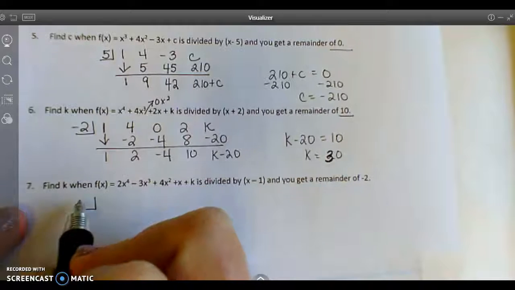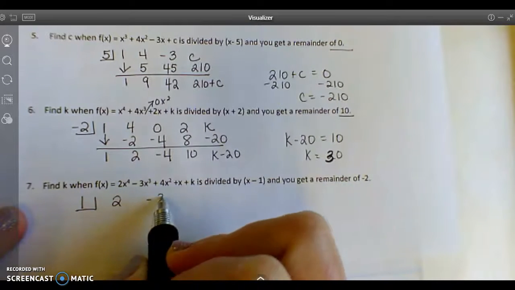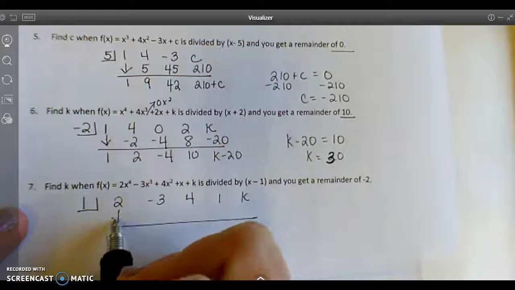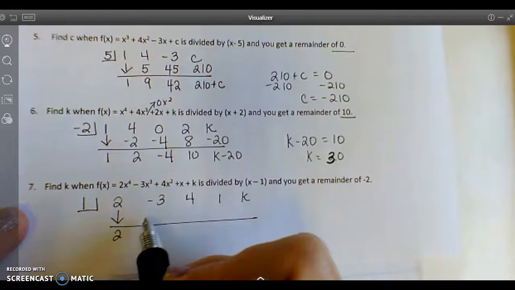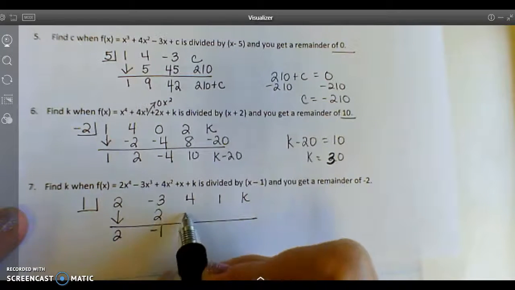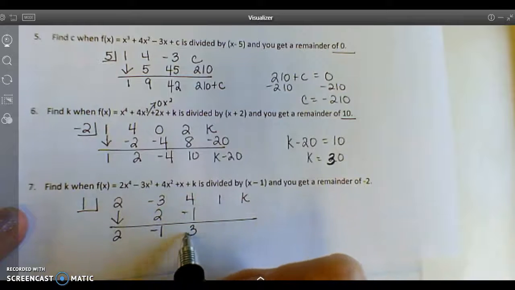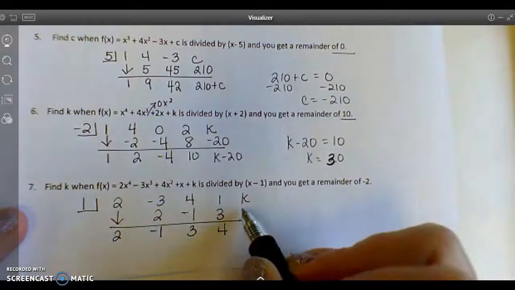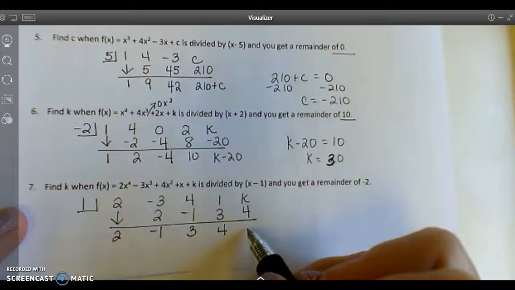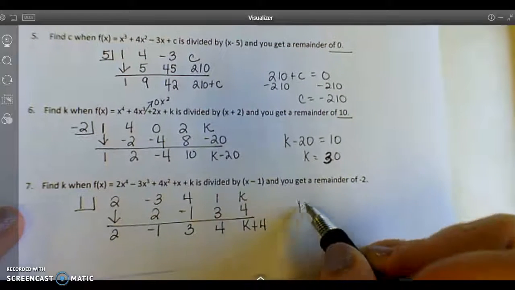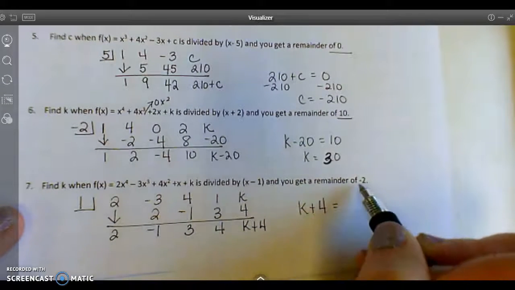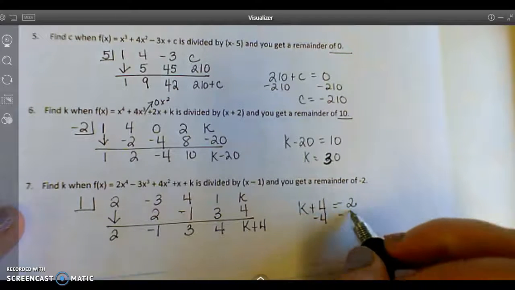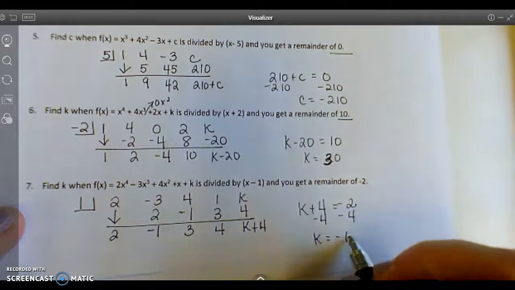Alright, we're going to put 1 in the box. And then 2, negative 3, 4, 1, and k. Bring down the 2. Multiply, add. Multiply, add. Multiply, add. Multiply. And then when we add that, it's k plus 4. And so what we know is that k plus 4 equals negative 2. So when we subtract 4 on both sides, we get k is negative